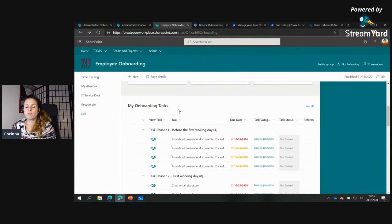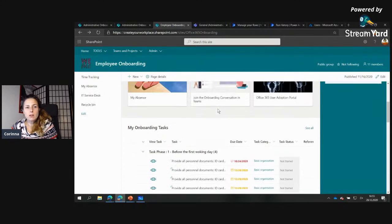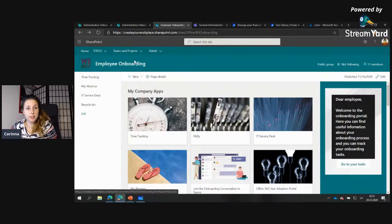The only thing is that you cannot do it with the out-of-the-box To-Do connectors, because the out-of-the-box To-Do connectors can only create tasks for your own. That's currently the case, but you can do it with HTTP requests. And if you want to achieve that, you can do that. So the workflow for this